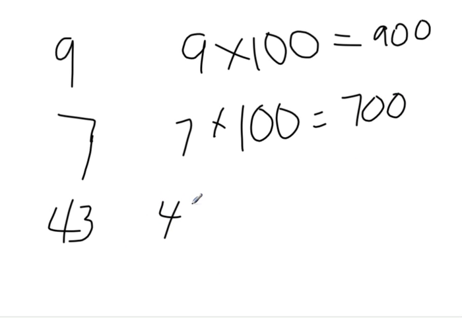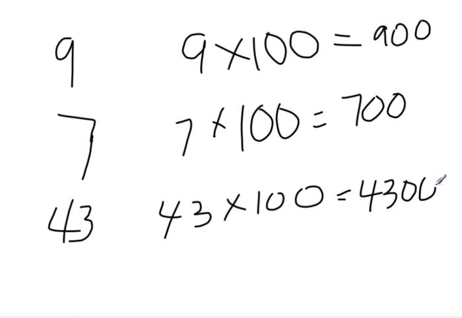If I do 43 times 100, from the previous page, I knew that 43 times 10 was 430. All I have to do is add one more 0, and my answer is 4,300. If we continue on with this pattern,